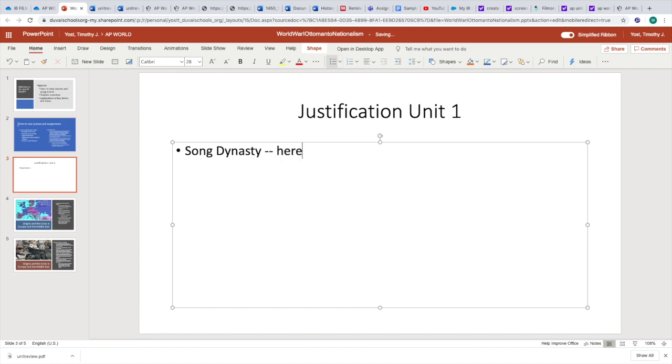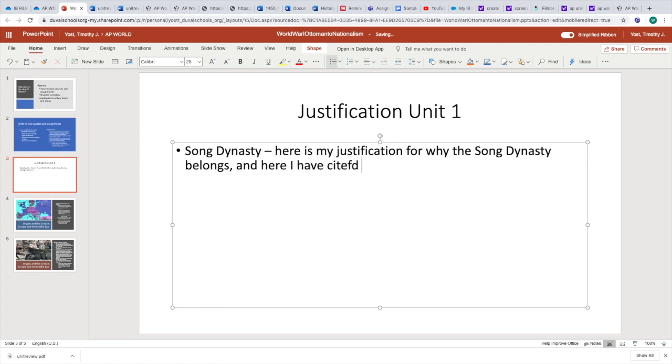So here is my justification for why the Song Dynasty belongs. And here I have cited the appropriate